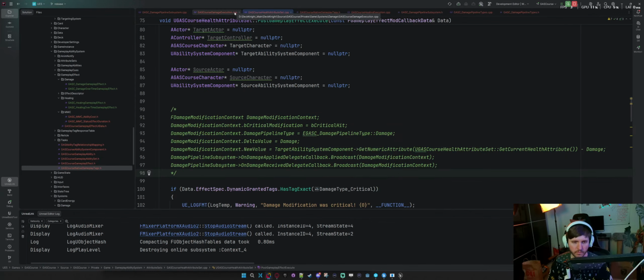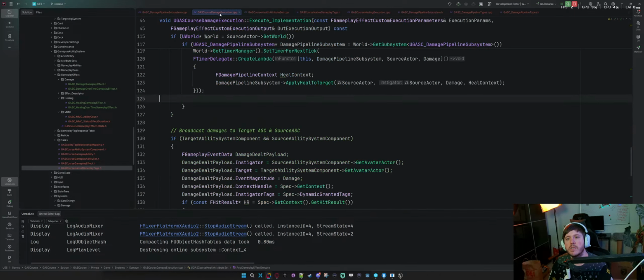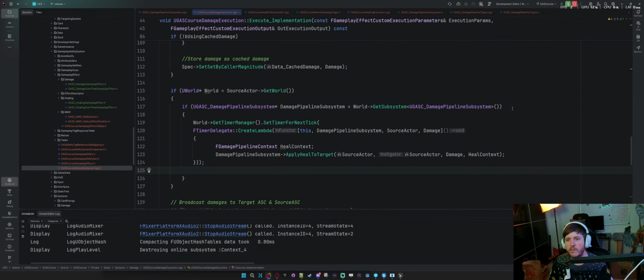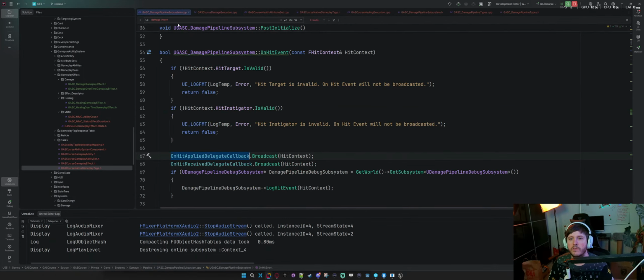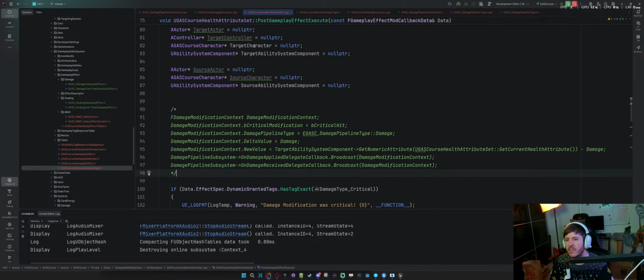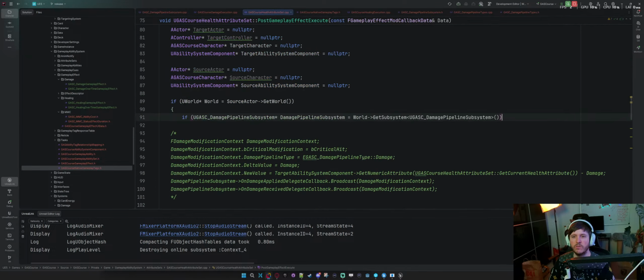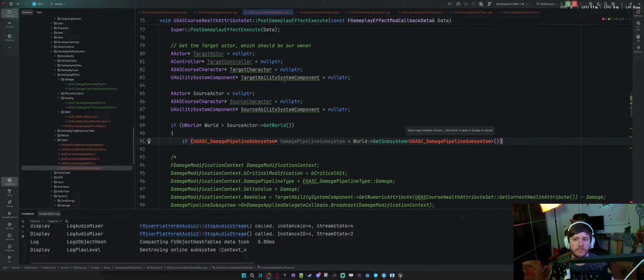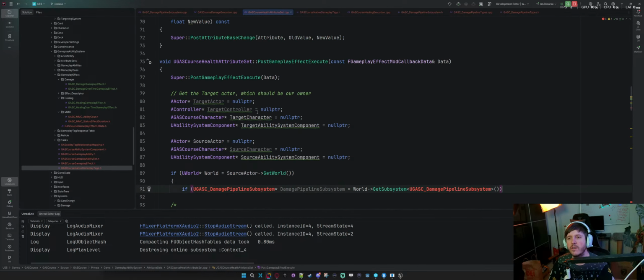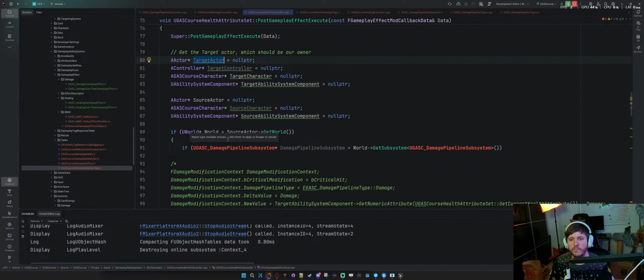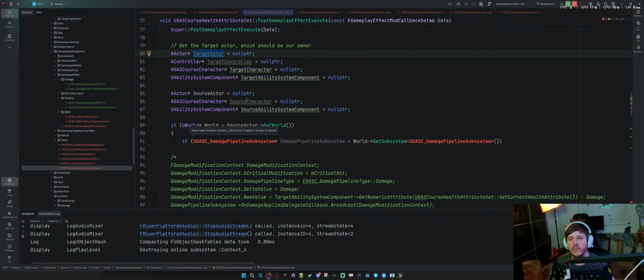Now we need to also somehow get the world, which will be tricky, I think, because we're in an attribute set, but we can get the world context, I think, from source actor, should be fine. Or target actor, maybe, just because it's us. So obviously right now everything is null pointer by this point.